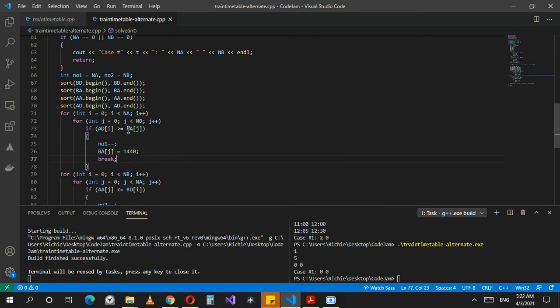If you notice, I'm setting this value b of a. So this is the departure from a, and this is the arrival from b. Departure from a, if it's happening after the arrival from b, that means I can use that train from a to b to go from a to b again. And so I subtracted from the end number one the output I'm going to give, and I set b a of j to the highest value possible.